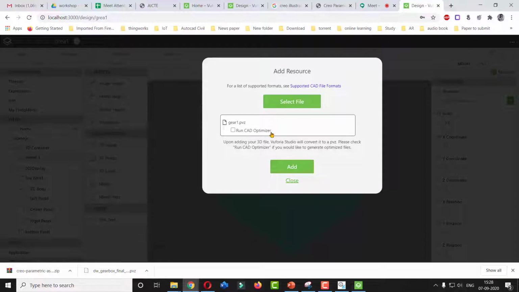In CAD optimization, you can reduce the size of your file, because we are going to create a large assembly over here in the Creo software, and then we are adding the animation over that, so the size of that particular model will increase highly. If it is a large assembly, you need to optimize it, because you have to download it on your mobile also, so it will require a higher amount of data. But as right now our assembly is very small, there is no need of optimization. If you create a big assembly, you are going to use the CAD optimizer. So right now I am going to skip it and simply click on add.